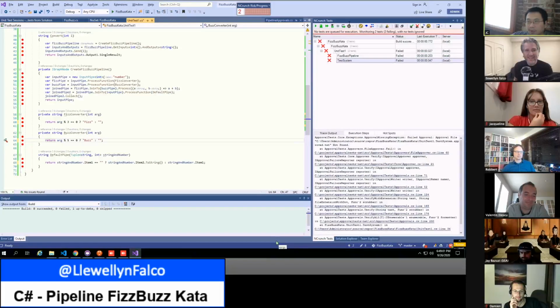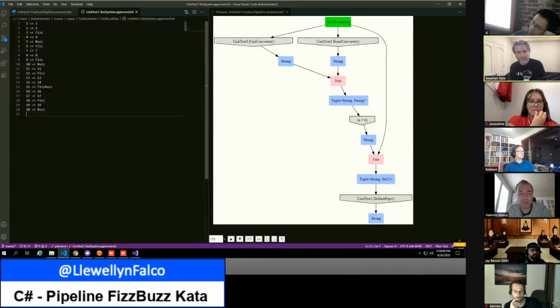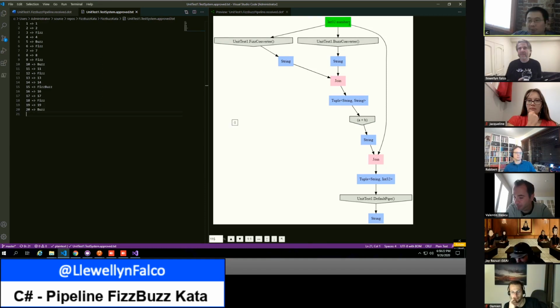Likewise, approval tests allows us to verify that pipeline. So if we go to the pipeline that popped up, also in VS Code. Jesse, does that make sense to you? Does it make it clear what approval tests are? I'm trying to remember what Llewellyn taught me a couple of months back, so it's a little bit fuzzy, but I kind of understand. If I try to describe it, someone correct me if I'm wrong.